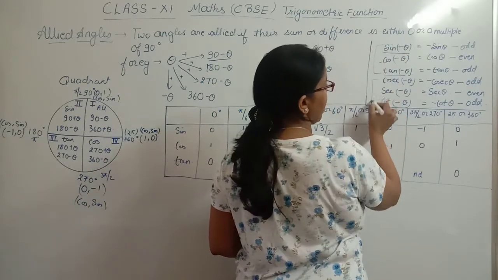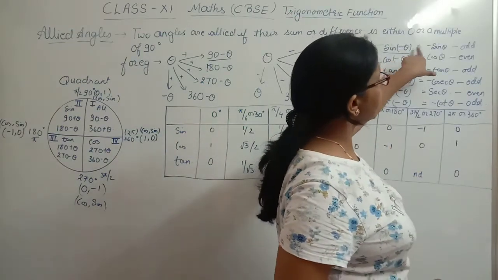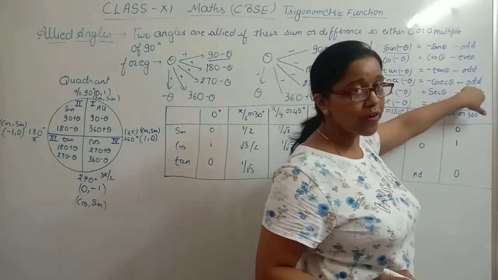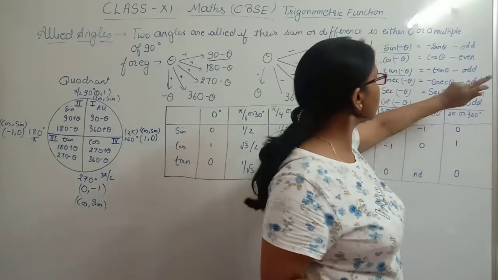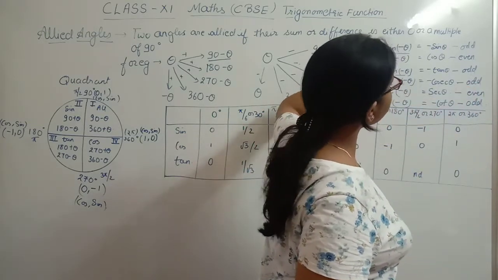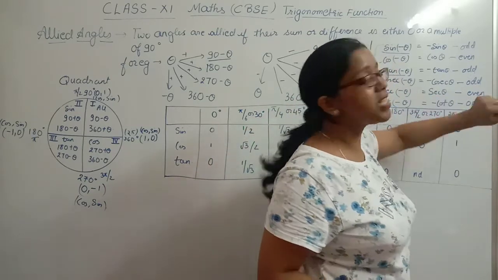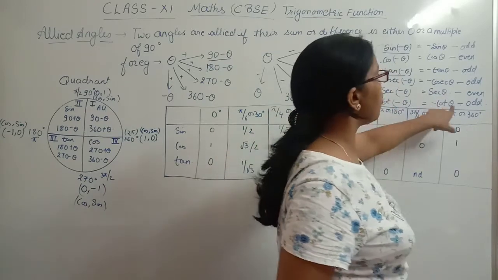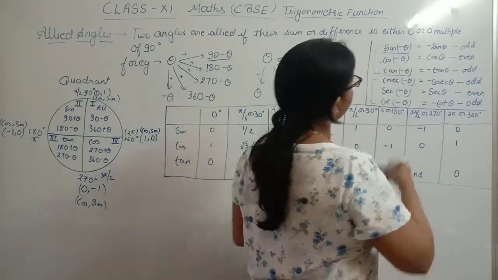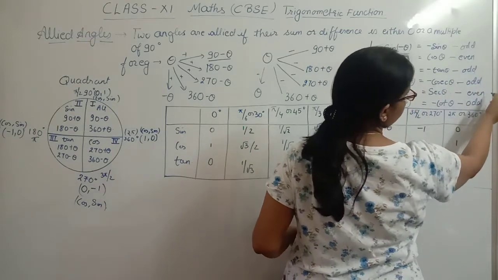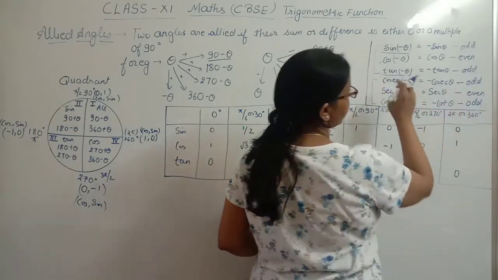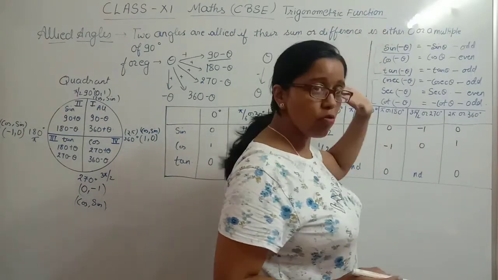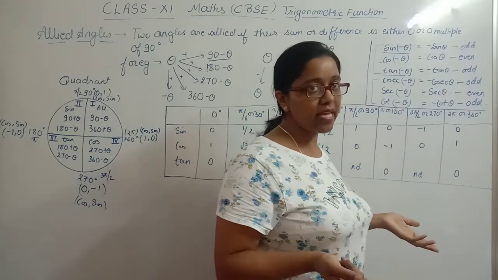Now they are coming to their neighbors. As sine is the odd function, its reciprocal will also be odd, because 1 upon sine will also be the odd function. And as cos is the even function, sec will also be the even function. In the same way, tan is the odd function, so cot will also be the odd function. So this you need to learn. These are the odd functions, and you have only two even functions, that is cos and sec. So in a very simple way you can learn these three, and these three you automatically get by taking the reciprocal.